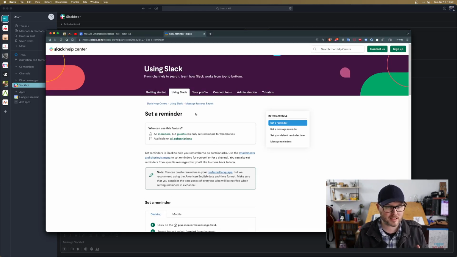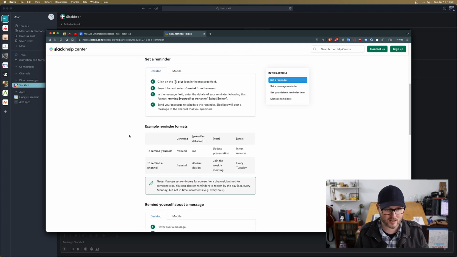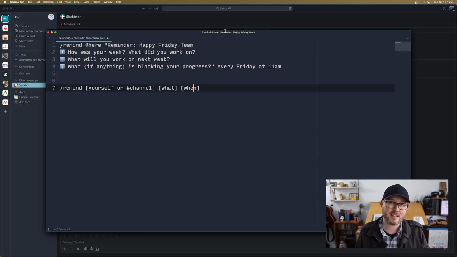You can find more about this or anything on Slack. It's so well documented. Set a reminder is what it's called. Lots of great tips in here. And just use plain English, like remind in 10 minutes or every Tuesday. Yeah, it's really excellent. Now, the next step, after you've written it, what I always do is I test it